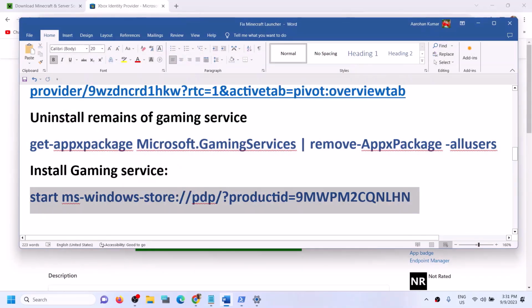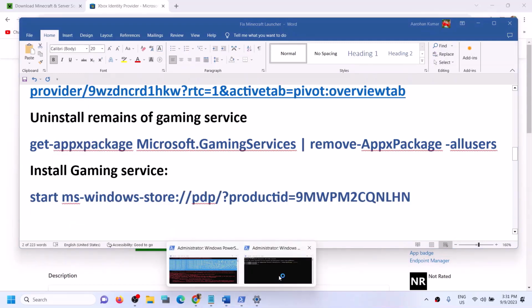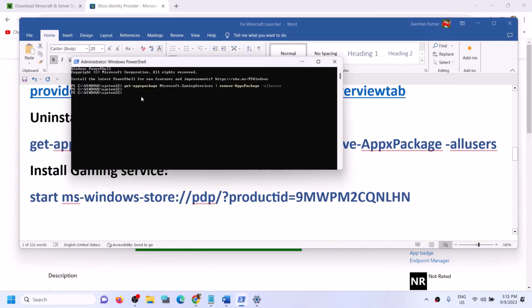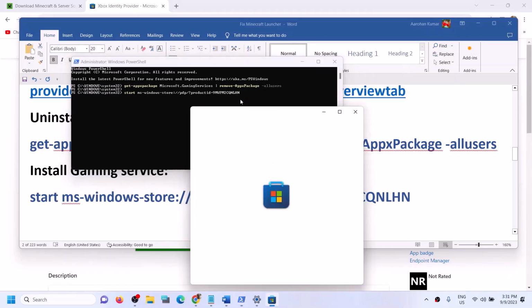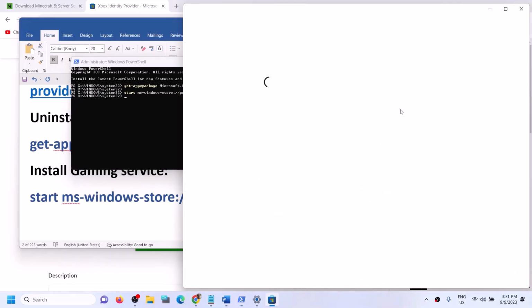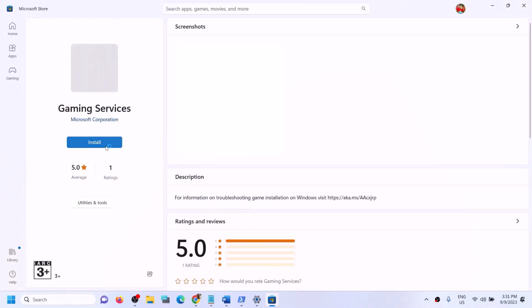Copy this command and then paste it on the same window and then hit the enter key. Now this will open Microsoft Store on your computer and then you will see the install option to install gaming services. So click on install